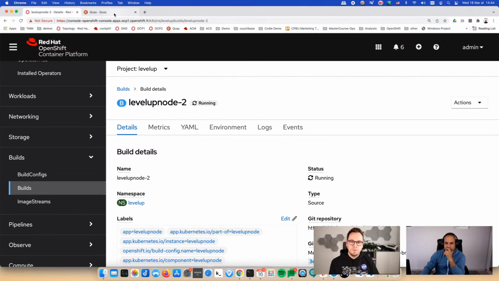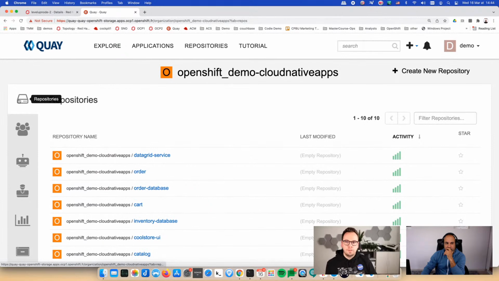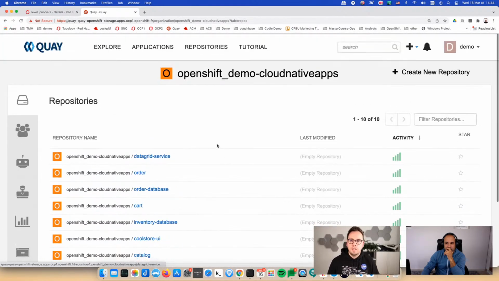Now it's going to push the image with the same tag. It's going to be latest. But I'm going to show you a unique feature of Quay that you can use to actually see that these were previously two images. So if you go back to